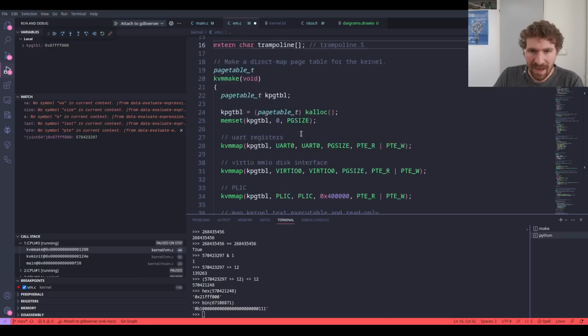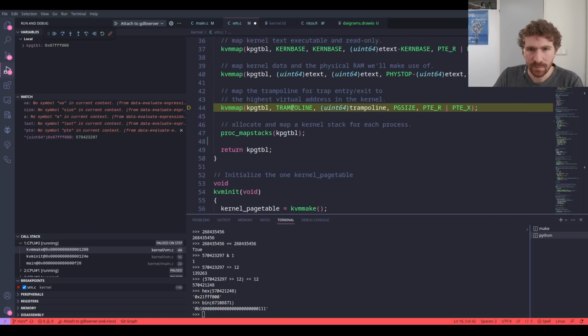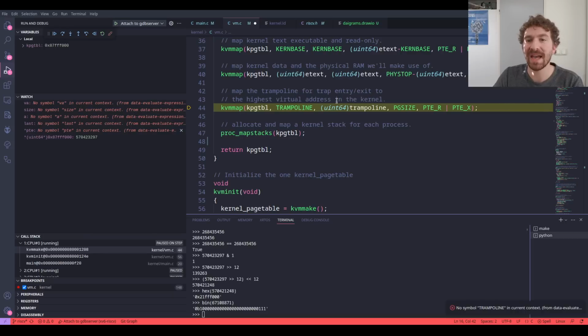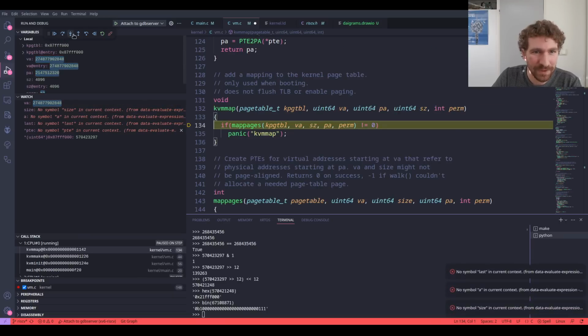So we map the trampoline address, which is the very last page of memory, to that area, and we mark it as readable and executable because we're going to execute some code from there. And then finally, after we've done all of that,